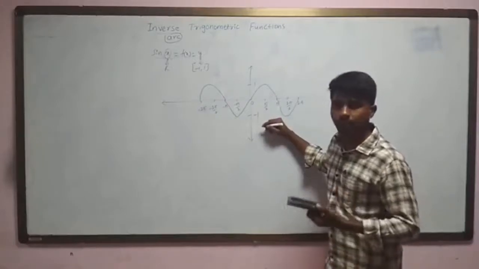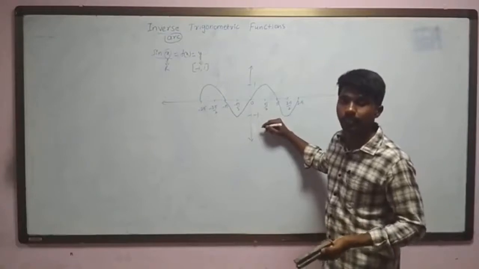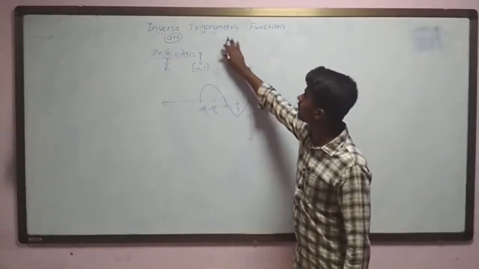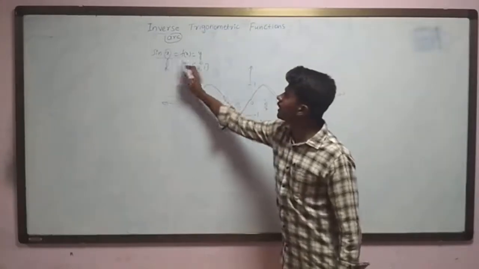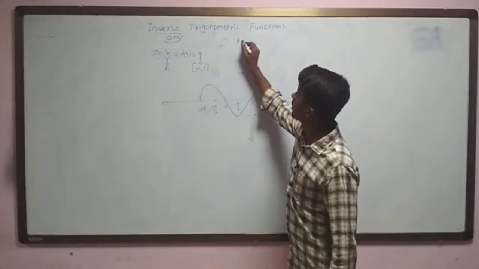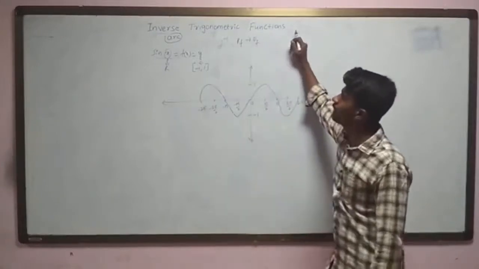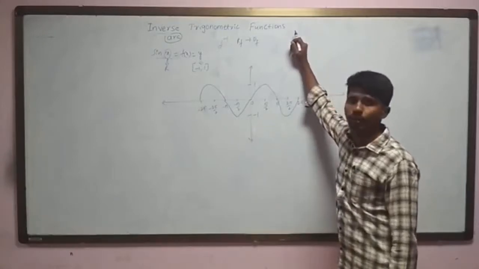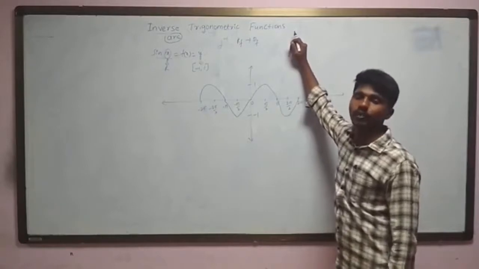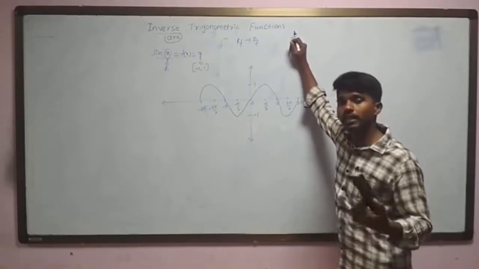Whether the function is invertible or not, how can we say? If its inverse exists. Inverse means, if y equals sin x, and f inverse exists, it maps the range of the function to the domain of the function. So if f inverse is defined from the range of the function to the domain of the function, it means the function is bijective. When can we say it is bijective? If it is one-one and onto. When can we say it is one-one?